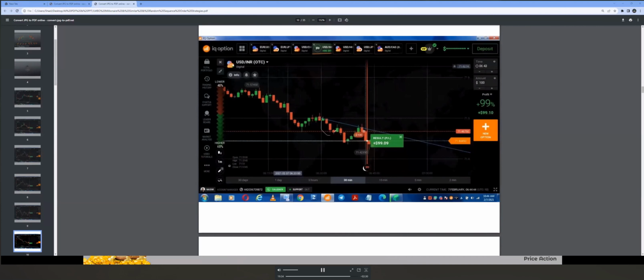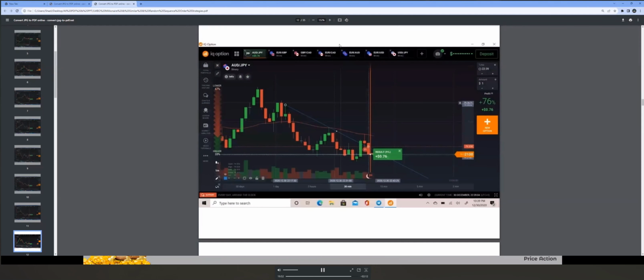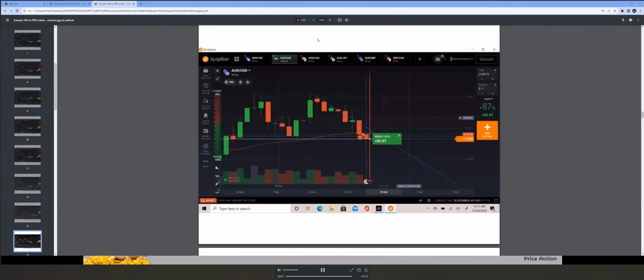See here, this is working. Last green 3 red, last green 2 red. The next time the last green comes, it will be 2 red. We can go with the sell. It's a win, $100. Here also. Here also, this is sometimes different, because using the trend line, we are only taking the similarities on the trend line, but this is a little bit different, so we cannot trade. We only follow the similarities in the random sequence. This is a very good example. Last green, two red. And last green, two red. And last green, two red. It's a win.